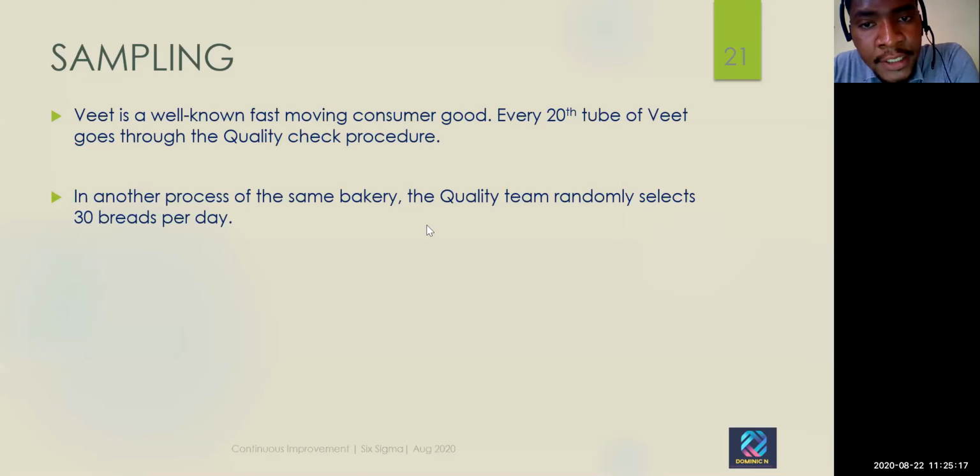The second question is, you have a bakery and you need to randomly select 30 breads per day. So in these 2 examples, from our explanation previously, what type of sampling do you think we should use? Are we going to use